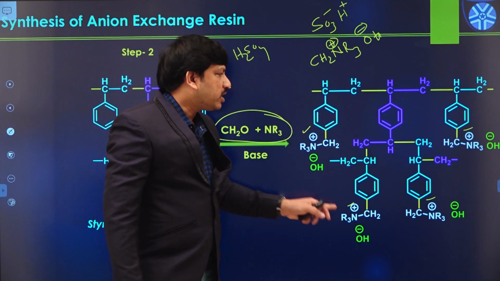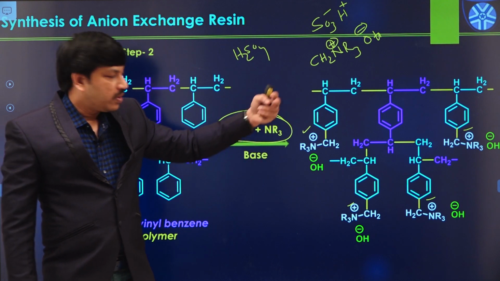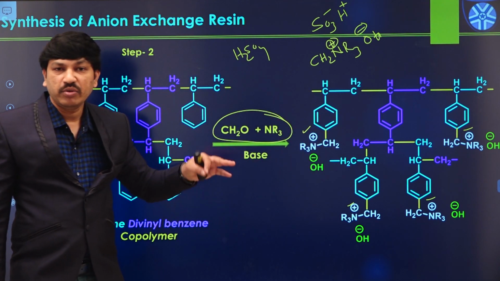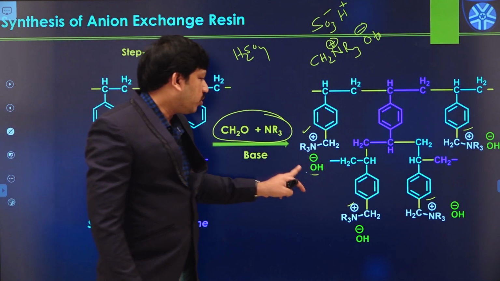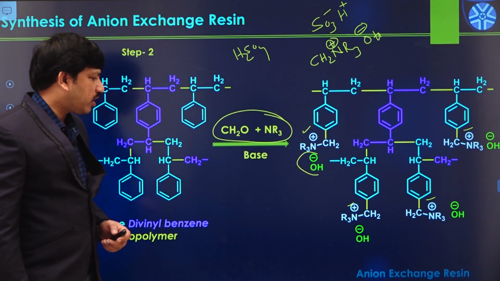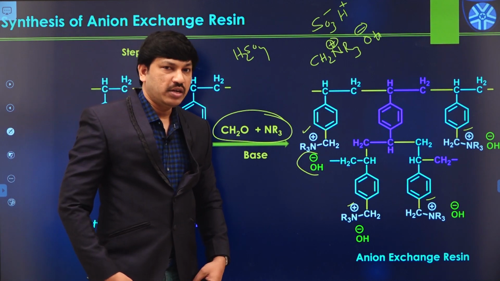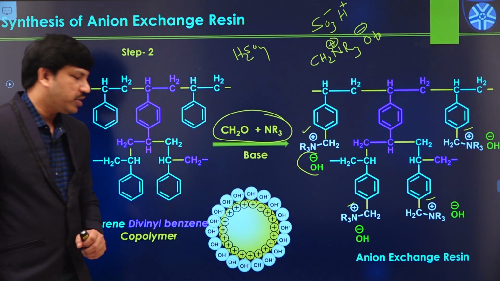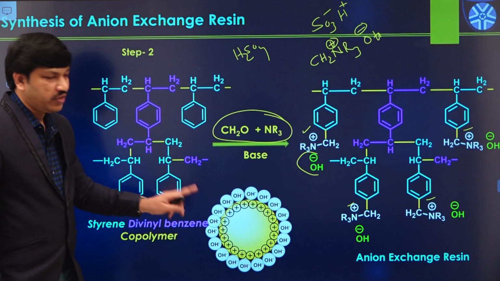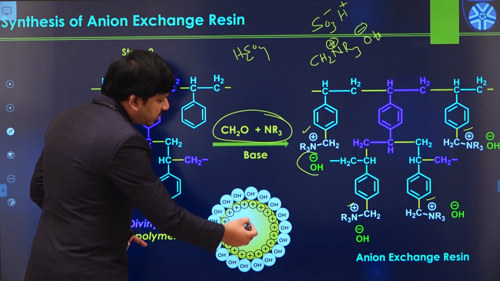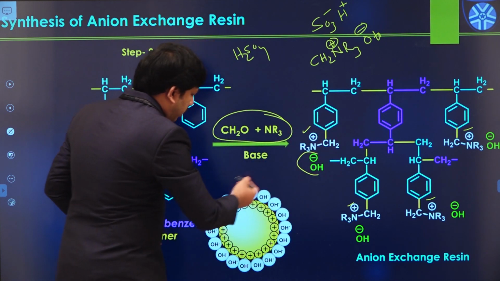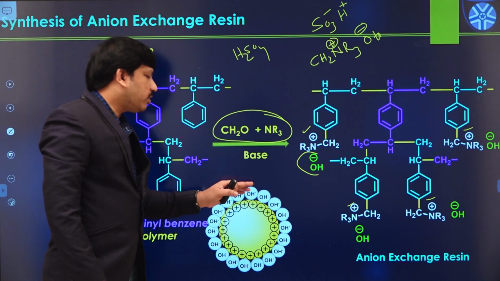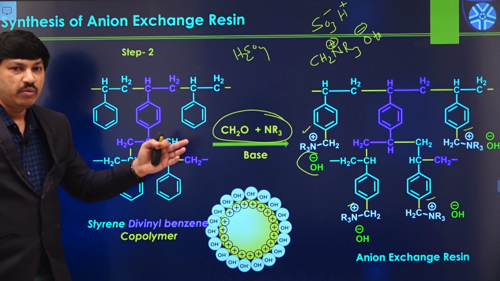So this is acting as an anion exchange resin. It is able to exchange anions available in the solution with these OH minus ions. So this is one of the important anion exchange resins. Then how to represent an anion exchange resin? This is the representation of the anion exchange resin. The resin molecule contains positive charge and correspondingly we have OH minus ions in this manner. All these OH minus ions can be replaced with any other anions available in the solution.